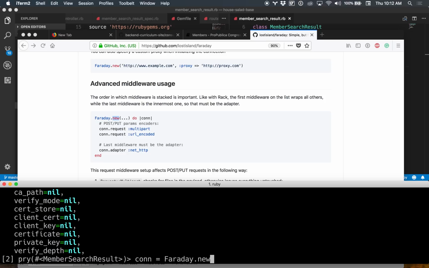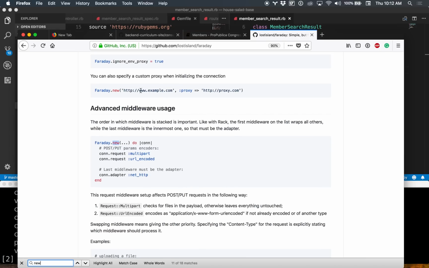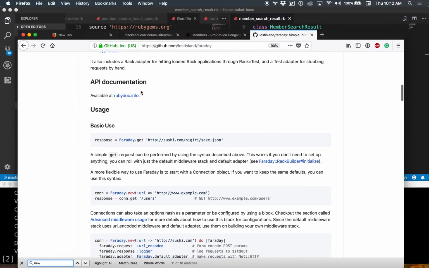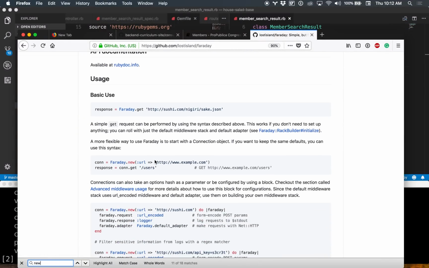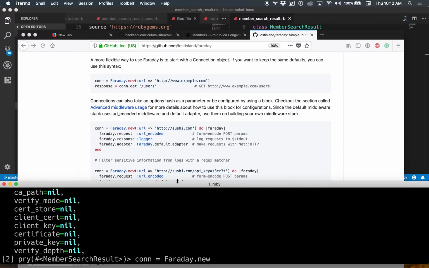So let's do maybe connect for connection equals capital F Faraday dot new. I think that we pass it the URL? Yeah, can we go to the top of the documentation? I think there might be an example right there. Yep. There it is. Cool. And right below there's an example of a block too. Oh, cool. Faraday.new, and it does symbol URL, and this is going to be https